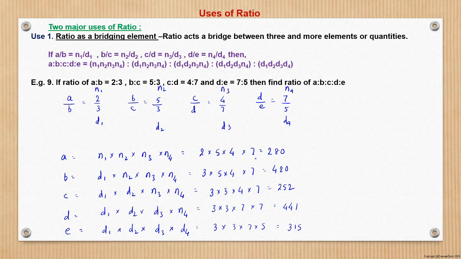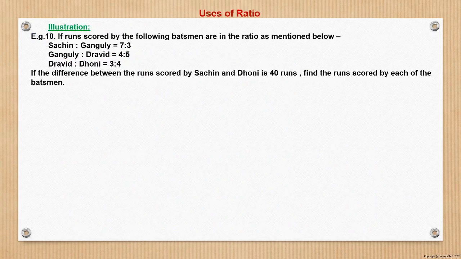This is the ratio of A, B, C, D, E. However, if we see, there is a 7 in all the terms, right? So 7 is common here actually. So we take out 7 from all the numbers. So it becomes 40. Here it is 60. Here it is 36. Here it is 63, and here it is 45. So this is the answer to the question. So this formula actually helps you save a lot of time. Otherwise, if you had gone with solving the problem with a conventional approach, that would have taken much of your effort and time both.